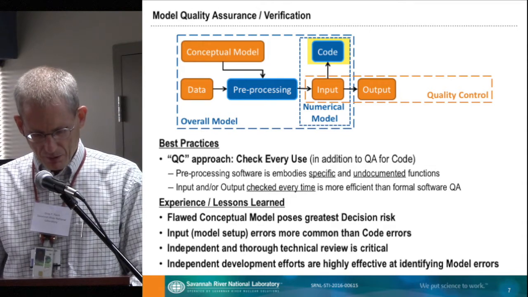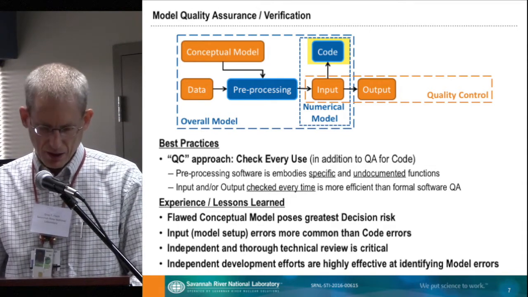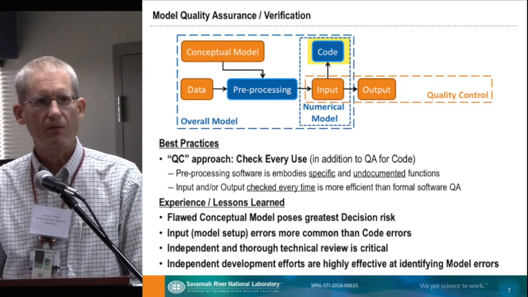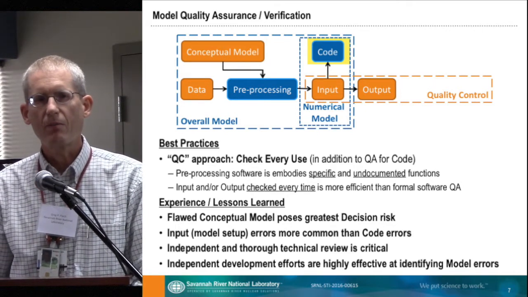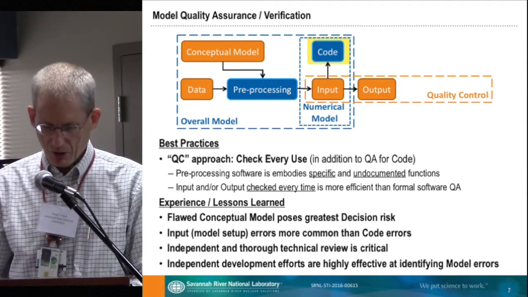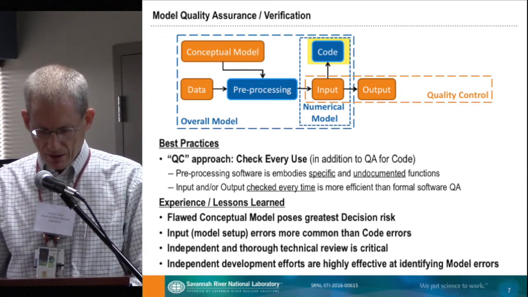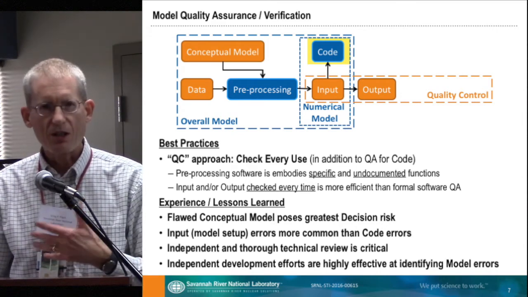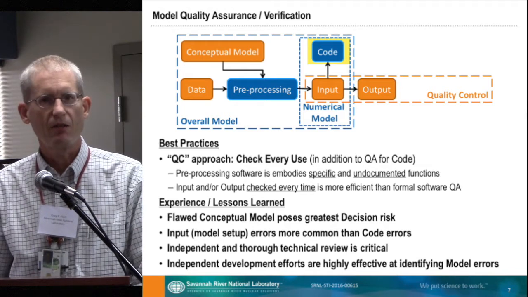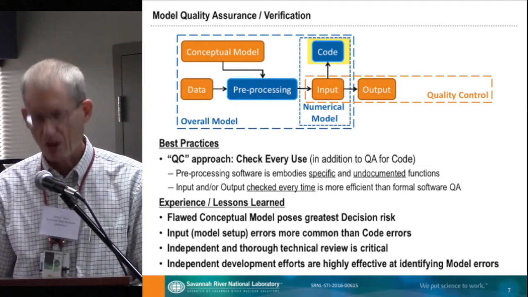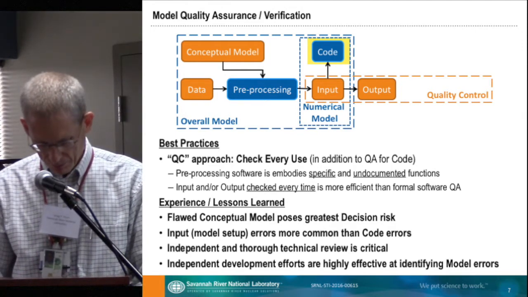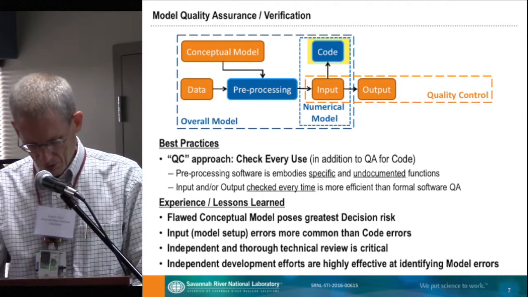And then again, as I indicated before, when we talk about software, I've seen more issues with problems with documentation than the code itself. A similar thing with models. I've experienced personally more problems with inputs to codes than the code itself. So the error tends to be in the input, not the code, as long as we're working with a fairly well-established and vetted code. So how do we root these things out?